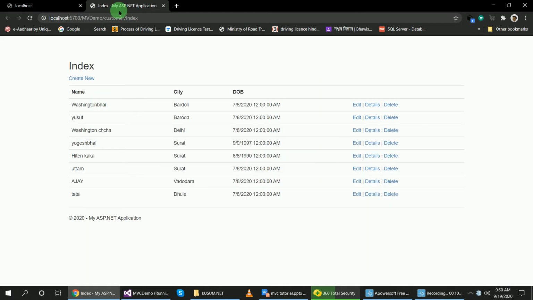When we run the project, we must have this customer controller and index method, so that we can go to the list page. If it is not available, type this and run again in the browser.